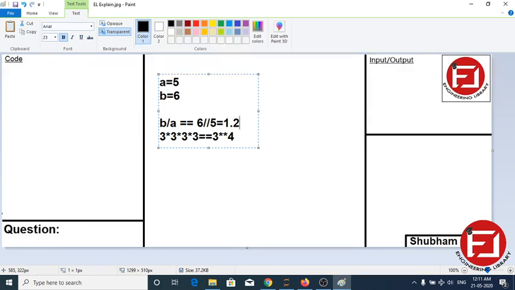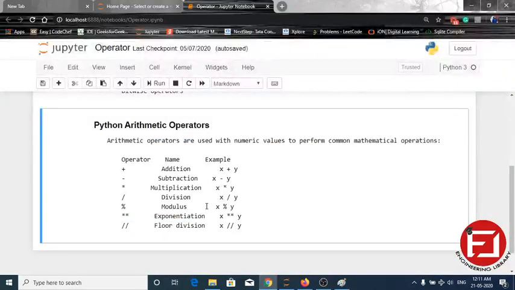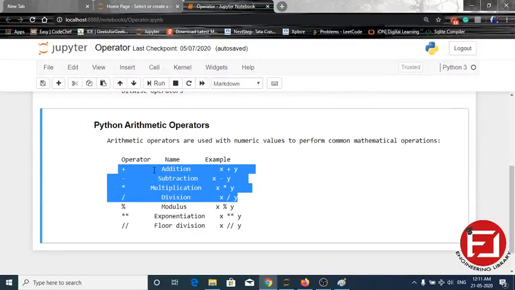If it is only one division symbol, it will return 1.2. But if we use floor division, then it will be rounded and return an integer value, which is equal to 1. So these operators will be very useful while coding. Modulo sometimes, but floor division and exponential very much. And addition, subtraction, multiplication, division, we are already familiar with.